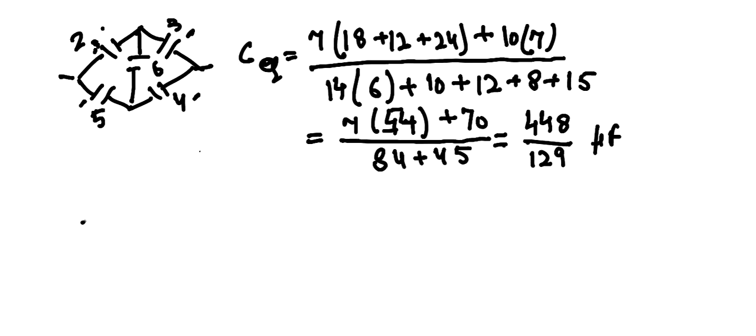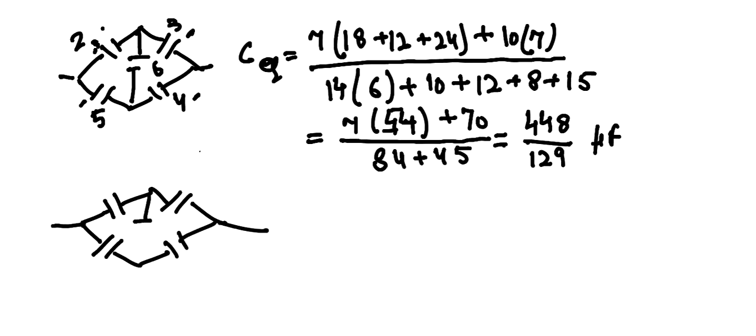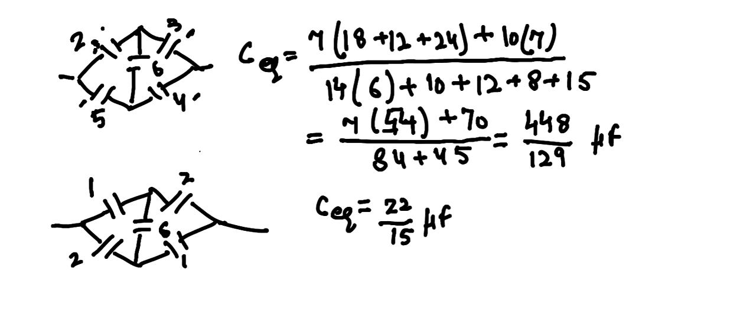I consider another, easy example, which you can find out very easily applying any of your formulas, for example KVL or the star and delta method. I take this as 1, this is 2, this is 2, this is 1, and take this as 6. You will find its answer, by applying any other formula, as 22 by 15 microfarad if these are in microfarad, and applying this formula which we have used earlier.